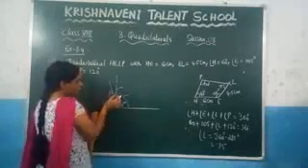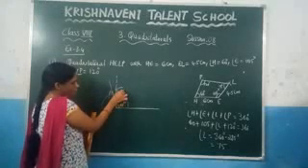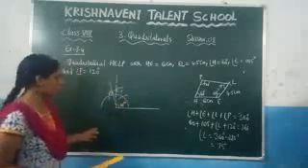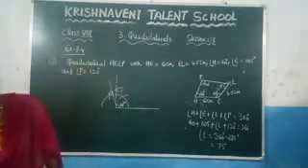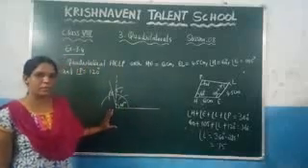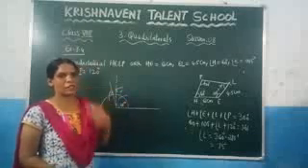And if you want to construct 75 degrees, in between 90 and 60 degrees you will get 75 degrees. That means here you need to take more than half radius and keep 1 arc, and at this point keep 1 arc and join this one, you will get 75 degrees. So without using the protractor you can construct 60 degrees, 90 degrees, whatever the angle may be. Just you need to check which angle you need to take and what is the perpendicular bisector.